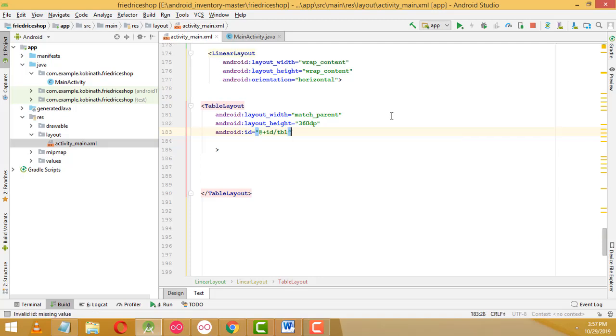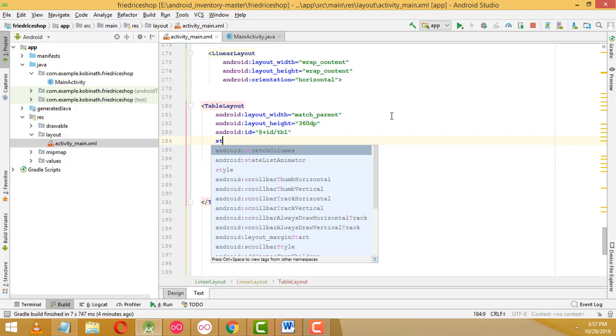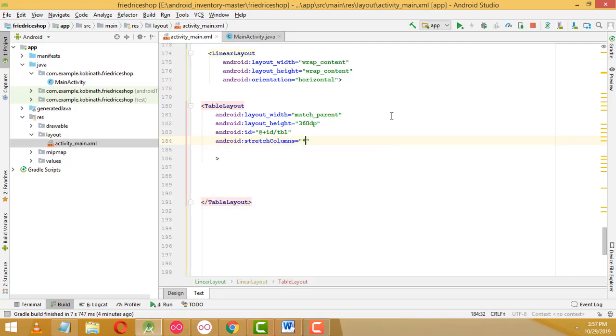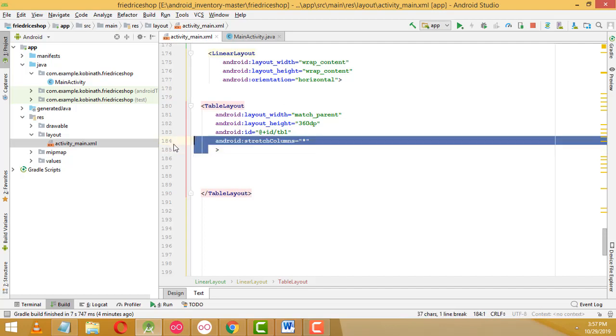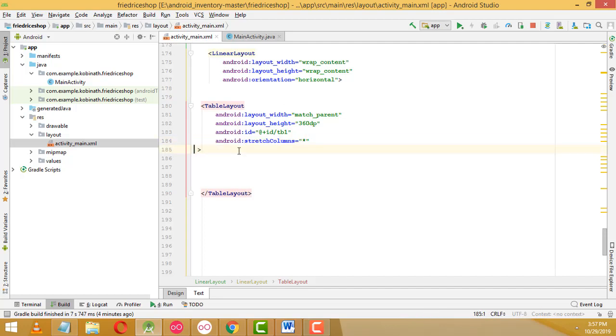The id should be tb1. After that, we have to write split columns. We have to put this asterisk mark here, right? That's the thing we have to write. Okay. After that, after inside the table layout,